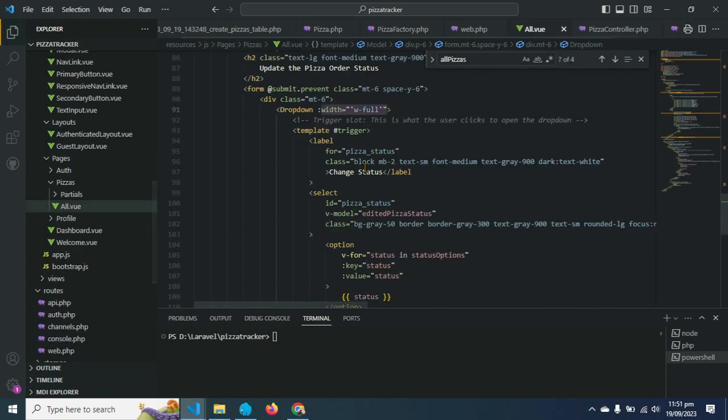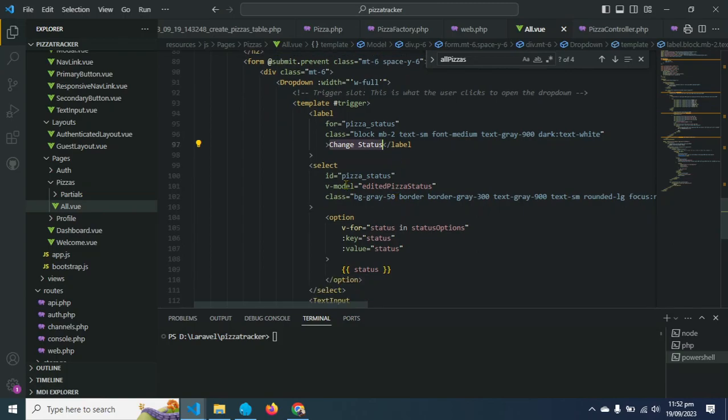So we are going to use the trigger named slot. We use template for it, and inside that we have used a label for visa status, which will be change status. Inside that we have used select to show the drop downs, and we have